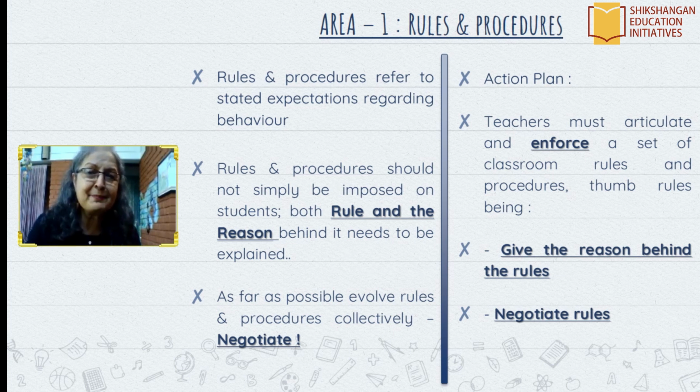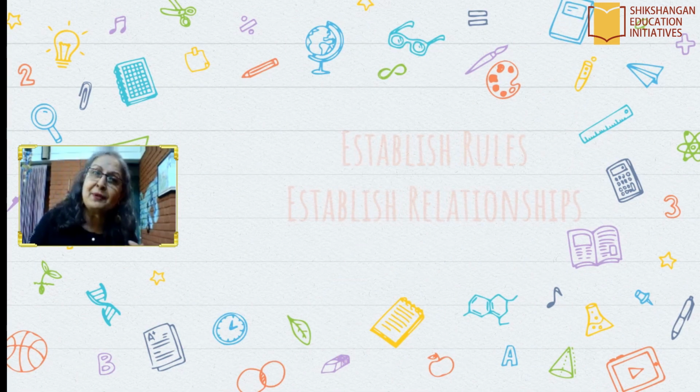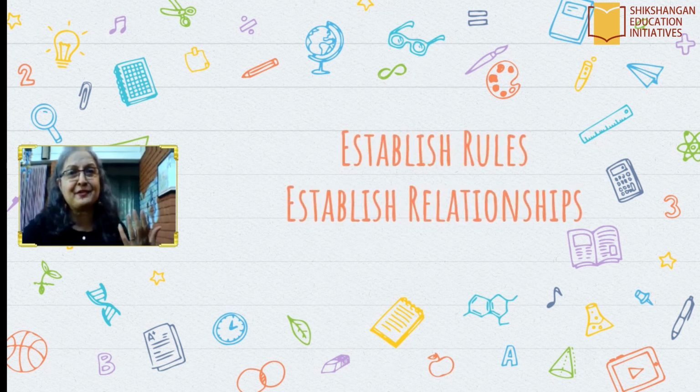Let me give you a fun example about a reason. Boys might come up to you as they start hitting middle school and ask, can I grow hair and do a ponytail? I don't want to radically challenge your thought, but if you're going to say no to the boys to have a ponytail, you better have a good reason for that. Okay? If you're going to say no to a tattoo that a boy might want to do, you better have a good reason for why you are saying no. Negotiate. Buy them in. Build relationships for great classroom management. Okay? So when you're establishing rules, you should also be establishing relationships. This is the first factor of classroom management.